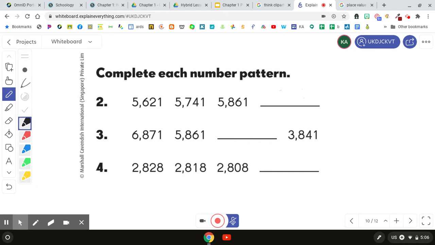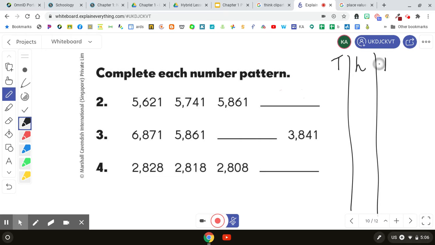I'm going to model my thinking on these problems. Well, the first thing if I'm looking for a pattern, I remember that a place value chart is a really good tool to help me look for patterns. So I'm going to put my thousands, my hundreds, my tens, and my ones, and I'm going to see if this helps me. My first number I have is